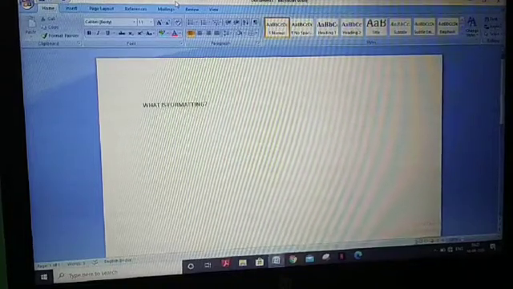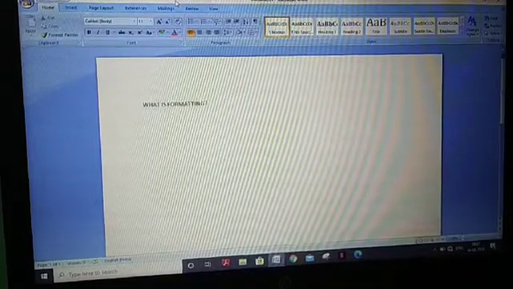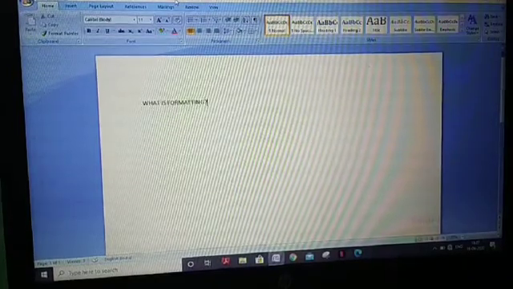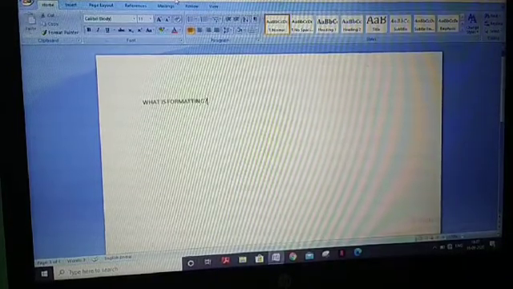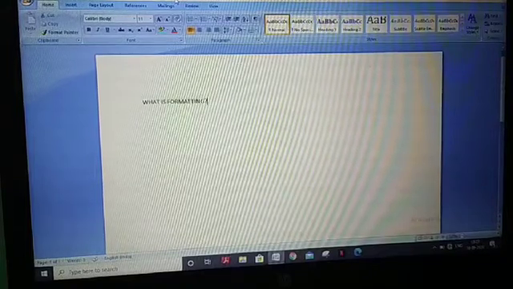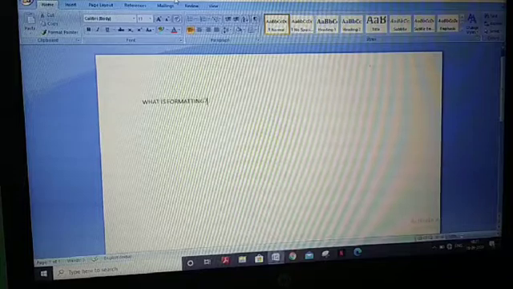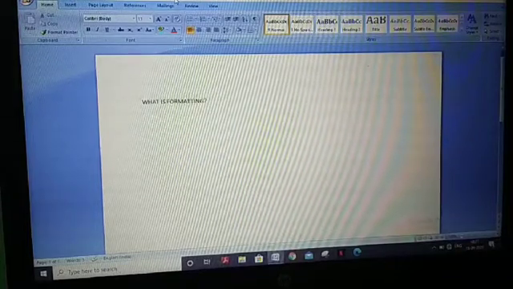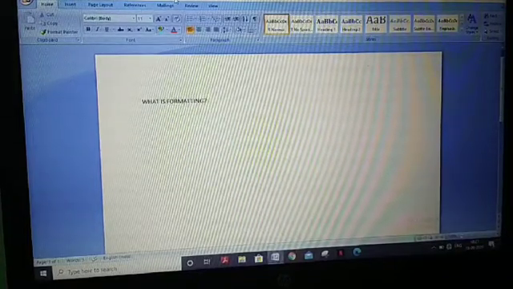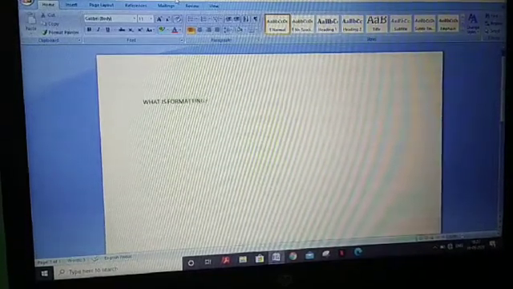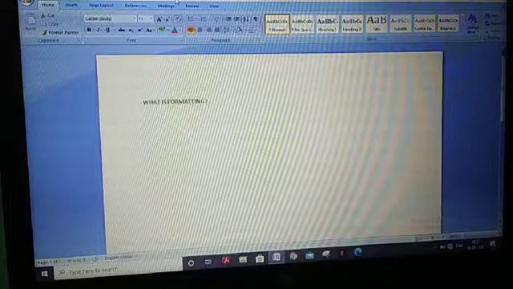There are several features in MS Word which help us in creating official documents. So in this chapter we are going to see about the formatting and editing features of MS Word. Clear?